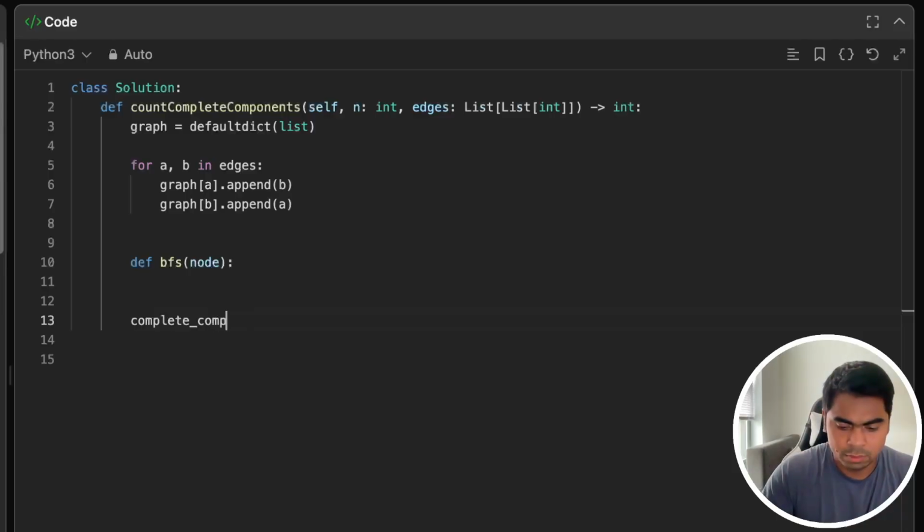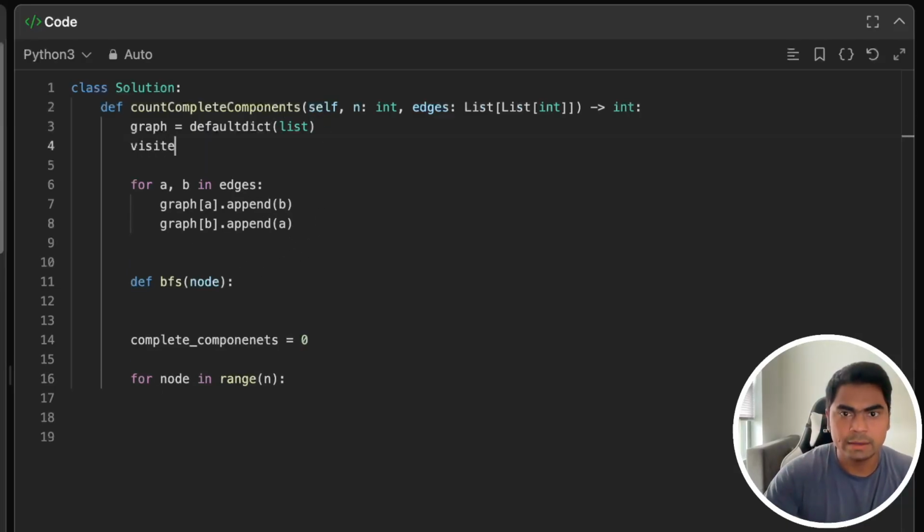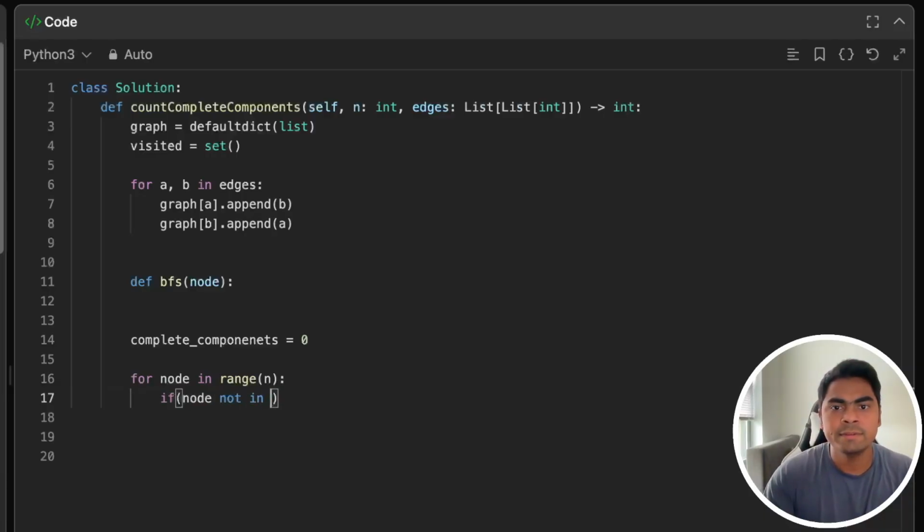That will be initially 0. Now I will run over all the nodes. So for node in range n, and then I'm going to declare a visited set. It's going to be a simple set, and if this node is not in the visited set,